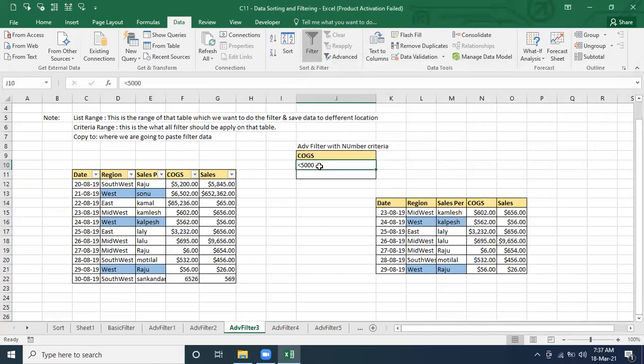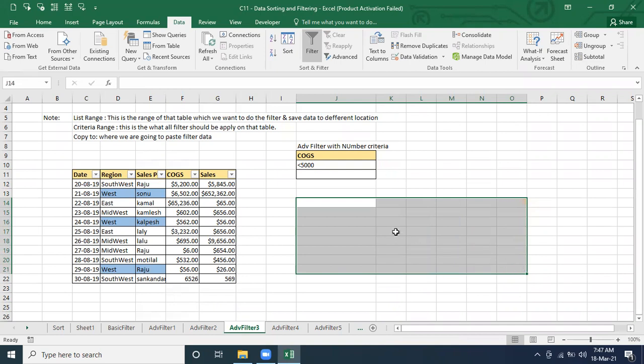So it should be the advanced filter. Now, if you want to filter based on less than or greater than, we have to specify it here. Let's say we are going to do less than 5,000.